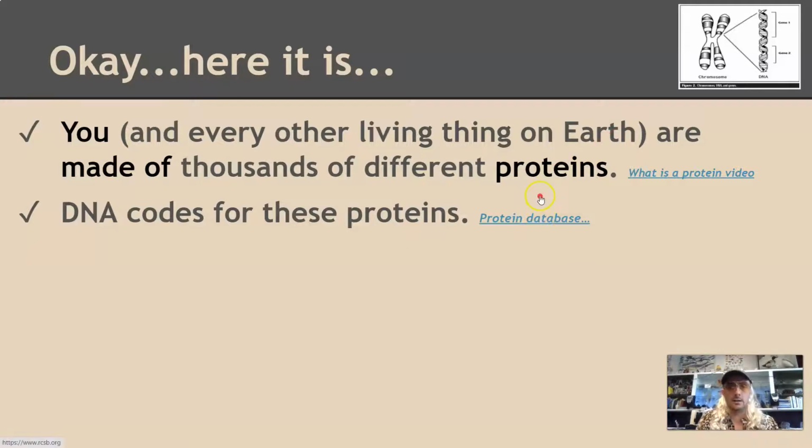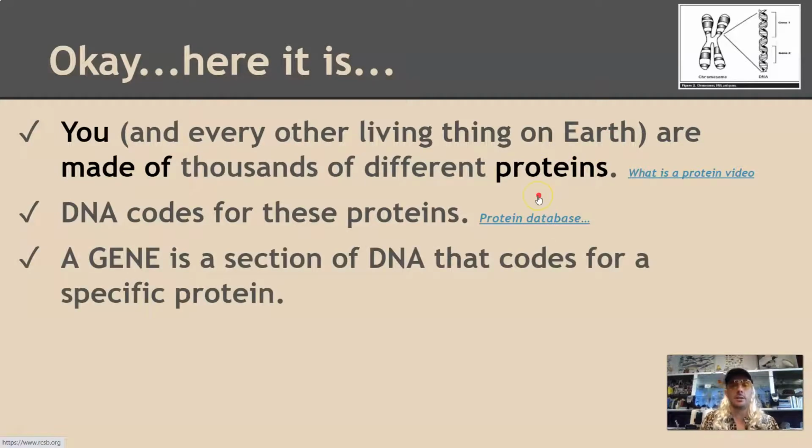And a gene, what is a gene? A gene is a section of DNA that codes for a specific protein. So I have salivary proteins in here that are coming out, amylase helping me digest food, and in those cells certain genes, sections of DNA, are making that protein. Over here I have skin, right? So in those skin cells, different genes, different sections of DNA, are making those types of proteins, collagen and other things like that to make my skin beautiful.